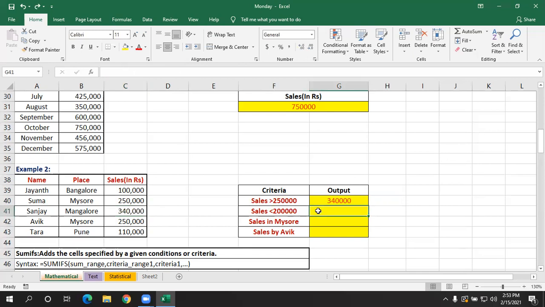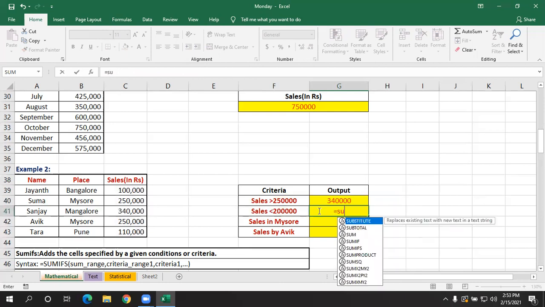Next condition is I want to calculate the total only if sales is less than 2 lakhs. Equals SUMIF. Now again it is based on sales only.